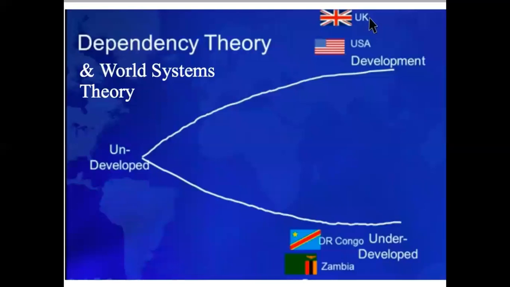So whilst rich countries such as the UK were once undeveloped, and then they got richer and became much more developed, they never went through a process where they were underdeveloped. In fact, a country like the UK experienced development because it was able to extract and exploit resources from its colonies. And this process of exploitation of poorer countries is referred to by dependency theory and world systems theory as